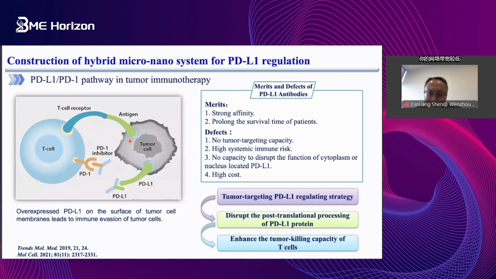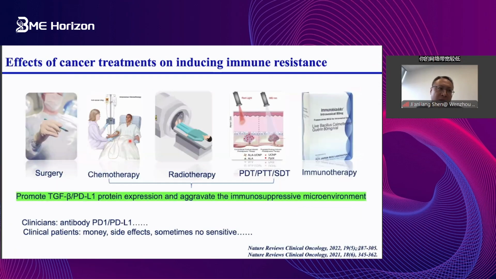Your idea is similar to the clinicians', because if patients are treated with clinical drugs like chemotherapy, like doxil, cisplatin, and so on, and radiotherapy, they will actually trigger overexpression of TGF-beta and PD-L1. Okay, what you said is correct. The clinicians will use antibodies to downregulate PD-1 and PD-L1. That's right. Yes, that's a very correct idea.